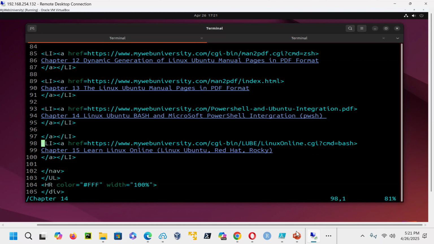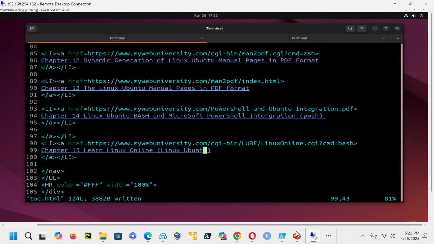And now chapter 15, Learn Linux Online: Linux Ubuntu, Red Hat, and Rocky. At this time, I'm going to only show you Ubuntu, because you're only going to be practicing Ubuntu. At a later date, you could go to the PDF files that are for Red Hat also.